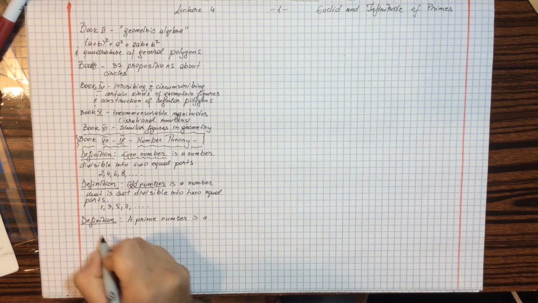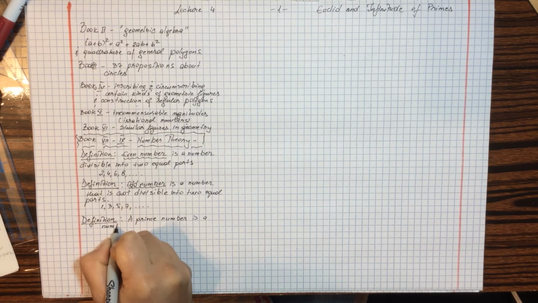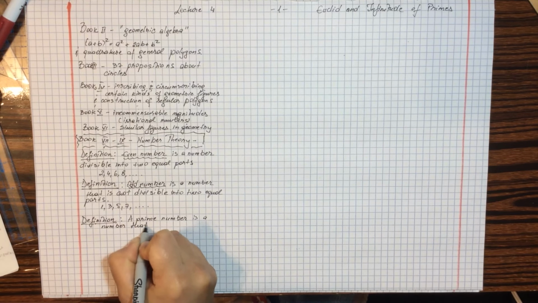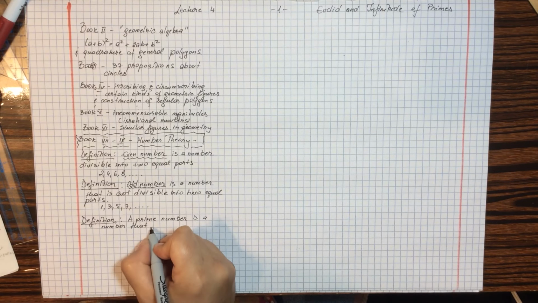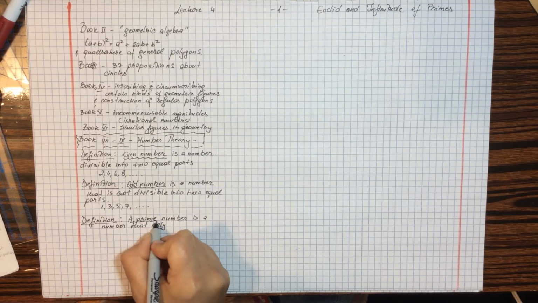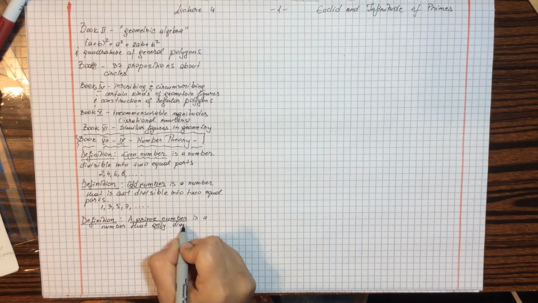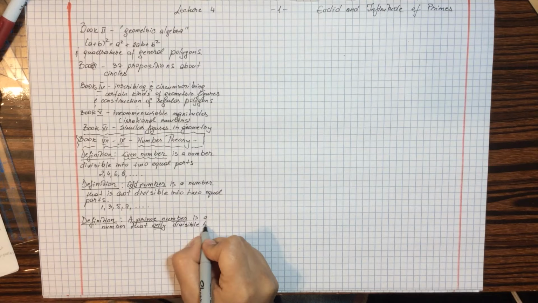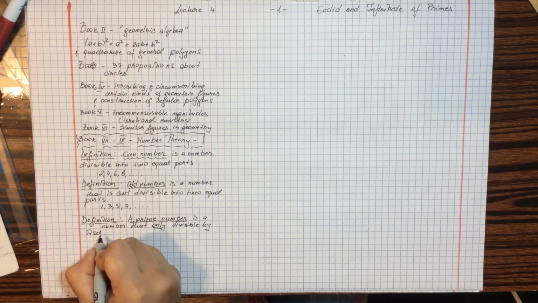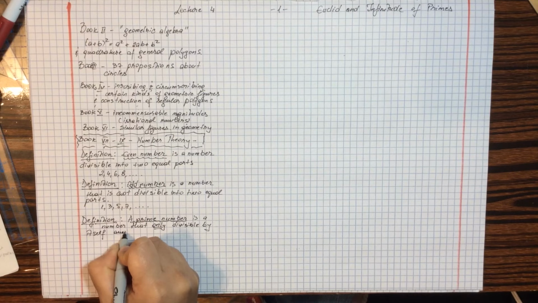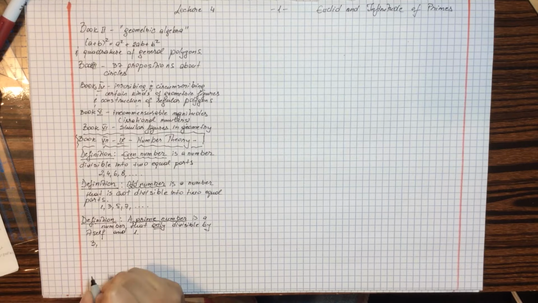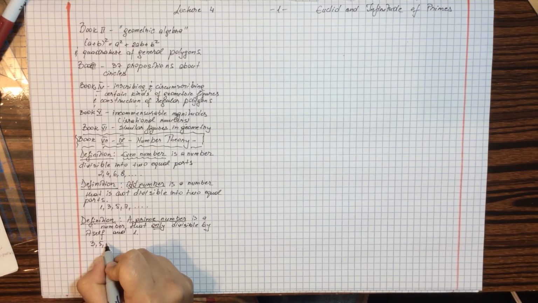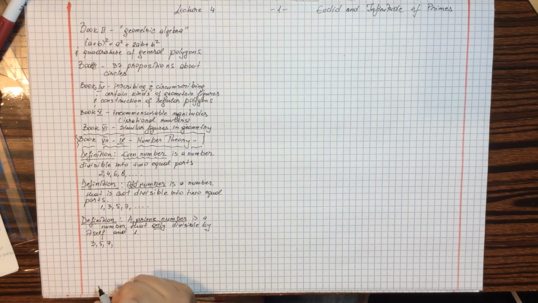I stress the only part: a prime number is a number that is only divisible by itself and 1. For example, 3 is prime, 5 is prime, 7 is prime. 8 is not because it's